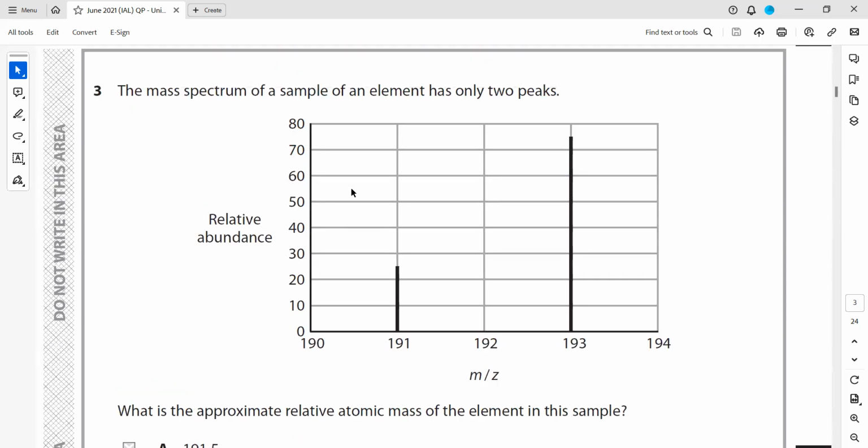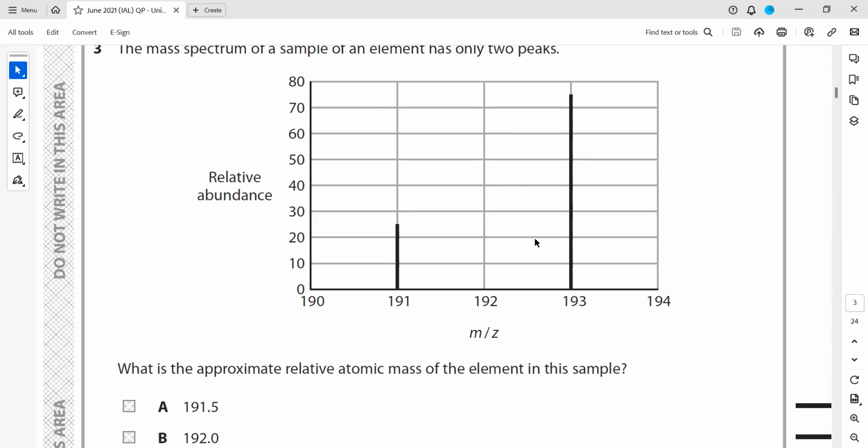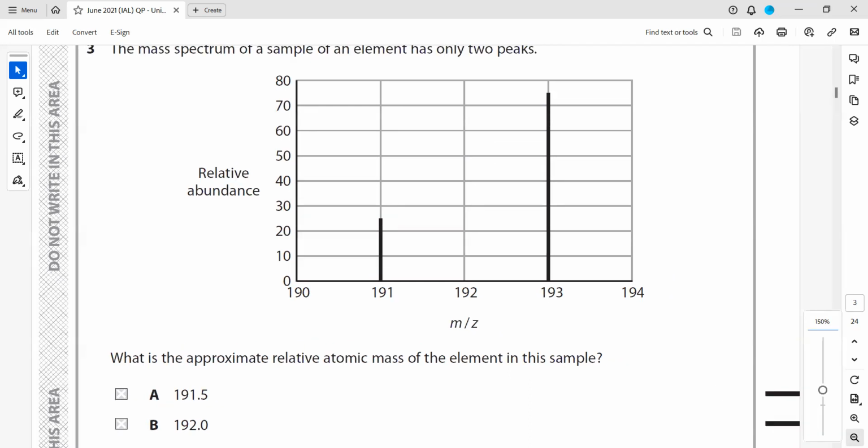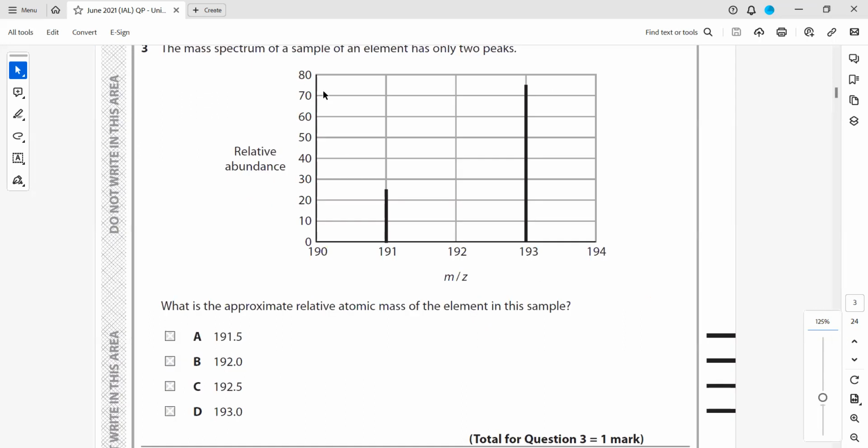Next, the mass spectrum of a sample of an element has only 2 peaks. What is the approximate relative atomic mass? So how do we work out the relative atomic mass? The percentage multiplied by mass. So this is between 20 and 30, so this will be 25. So the percentage will be